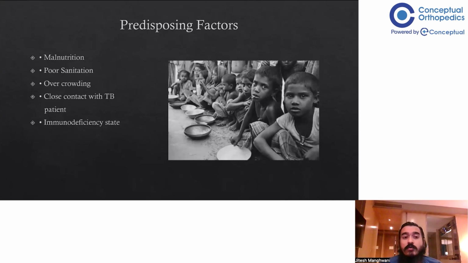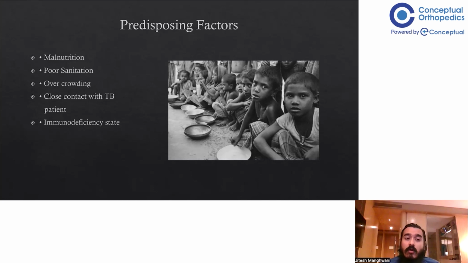What are the predisposing factors when it comes to tuberculosis? Malnutrition, poor sanitation, overcrowding, close contact with a TB patient, immunodeficiency state. So these are the predisposing factors wherein there is no proper nutrition, sanitation is not there properly, overcrowding is there, and this is the reason why this disease